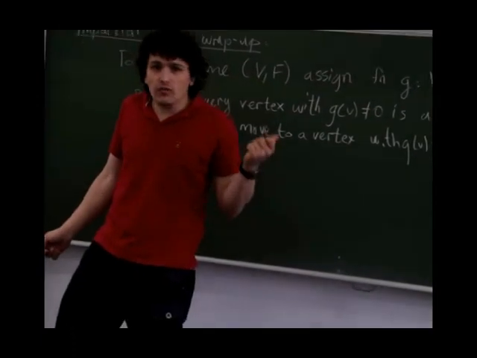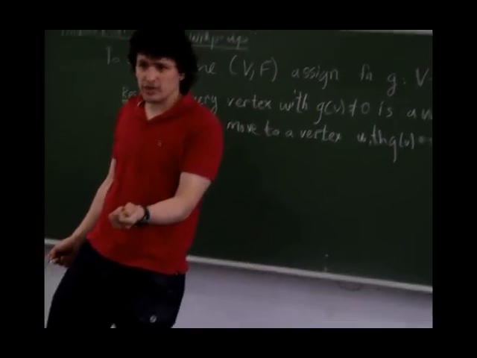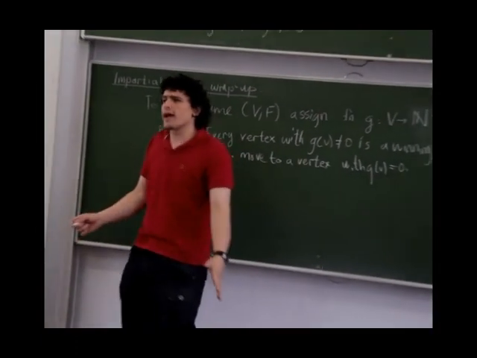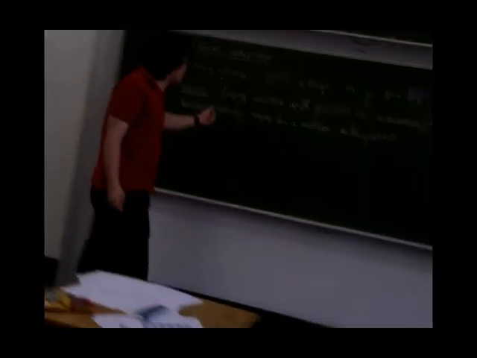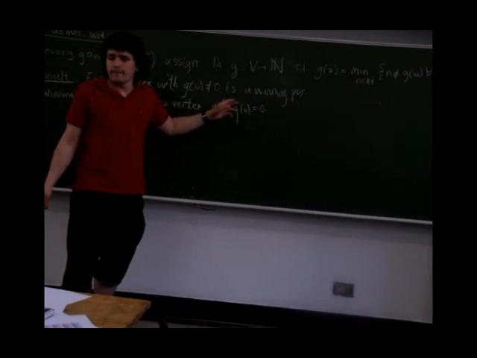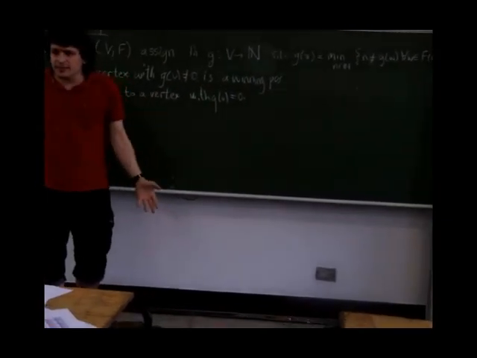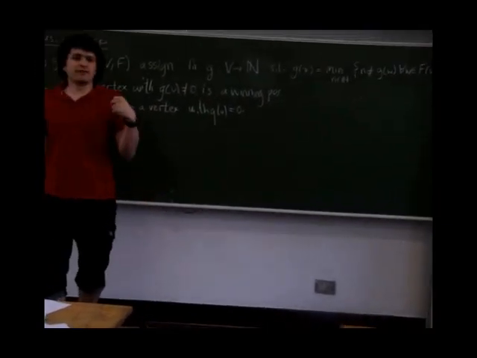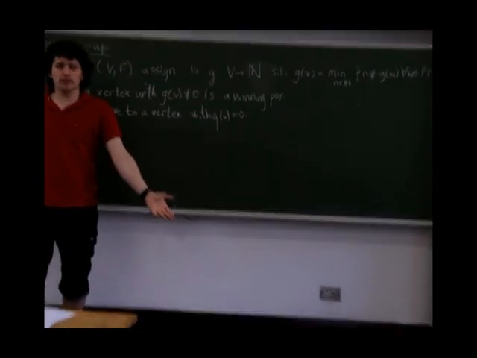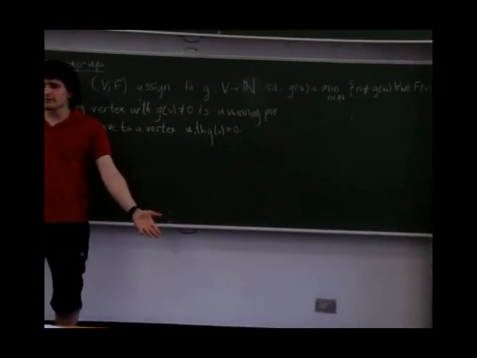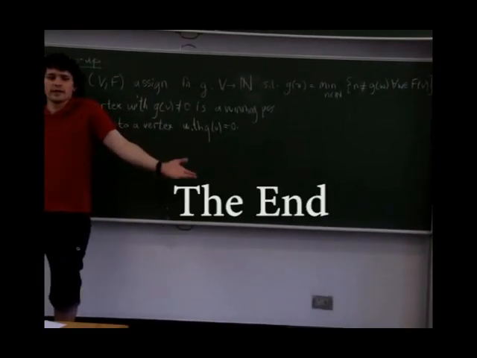Okay, so this much is true, and we could prove this winning strategy exactly how we proved that our winning strategy for nim is a winning strategy. Exactly the same way. We just say, for every vertex that has g of v equals 0, it's impossible to keep it. For every vertex that does not have g of v equals 0, it's possible to move to one that does, by definition of the Sprague-Grundy function. Okay, and the final